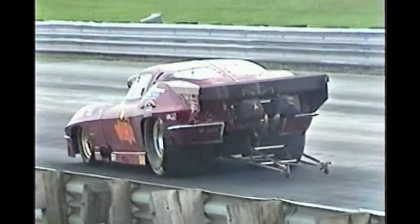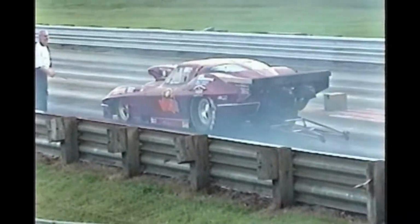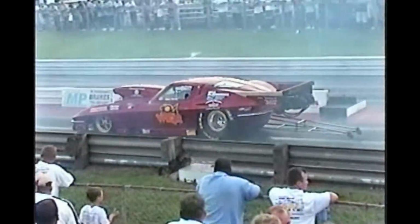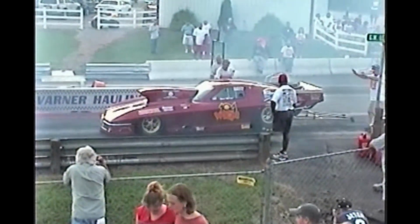Ace High Performance foot brake to the staging lane, please. Buzz Varner out of Graham, North Carolina, comes to the line. He laid down the number 1 qualifying run in round number 1, a 4:14. Then round 2 had engine problems. The guys made an engine swap, and they've got Jezebel in there now, a Fulton power plant,